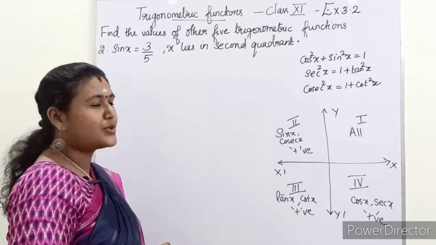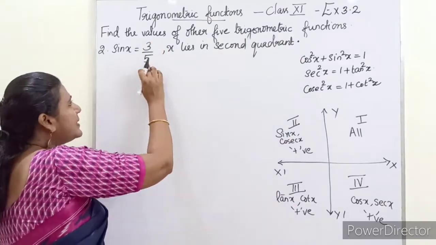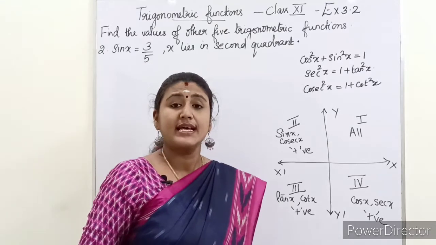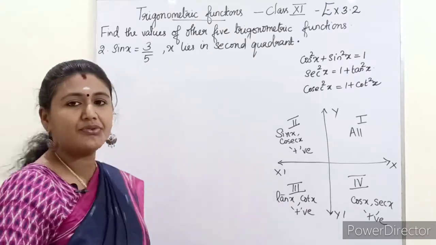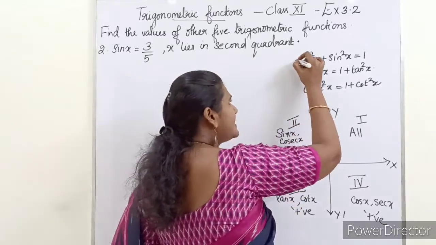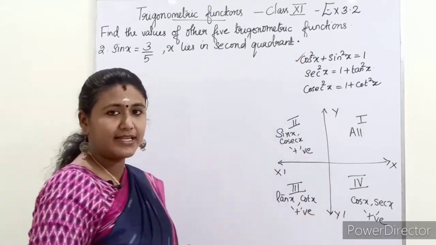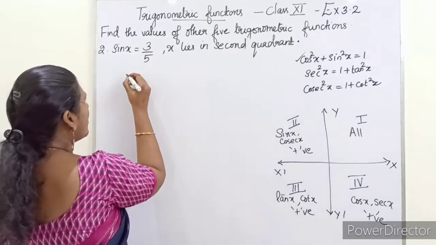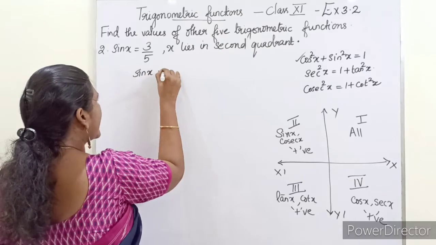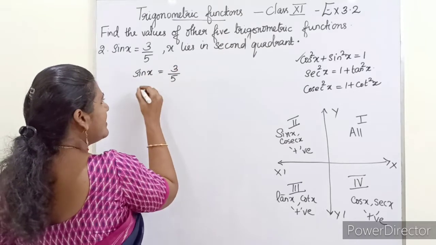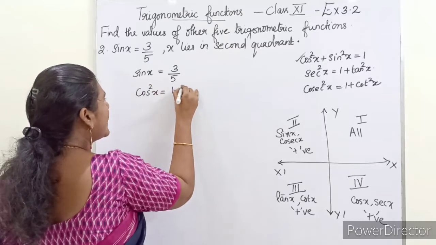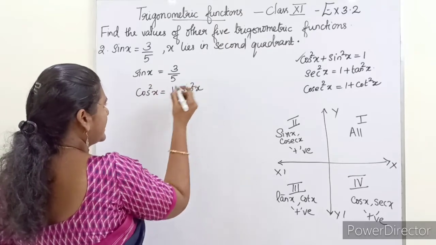So question number 2: sin x is equal to 3 by 5, x lies in the second quadrant. In this question, sin x is given, and we have to find the remaining trigonometric functions. We will use the first identity for finding the value of cos x. So cos square x, where sin x is 3 by 5, is equal to, from the identity, 1 minus sin square x, that is